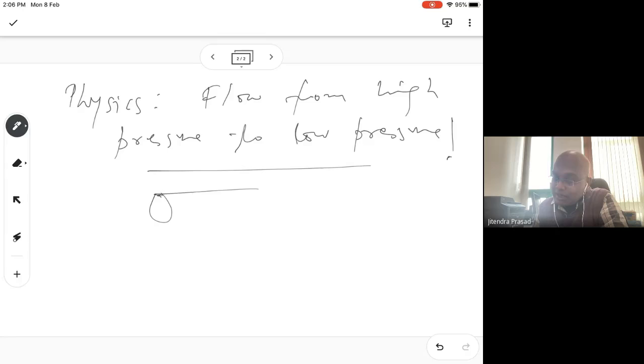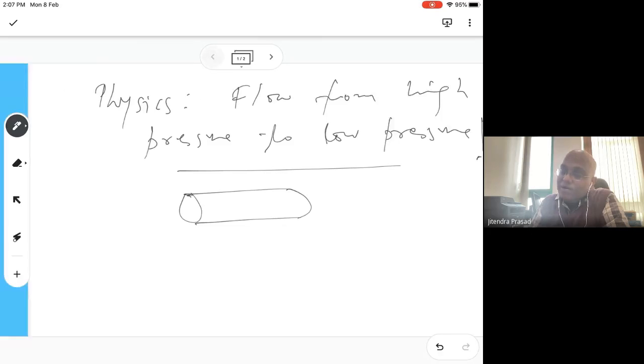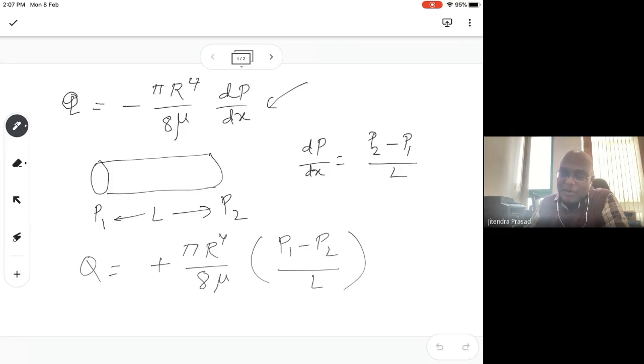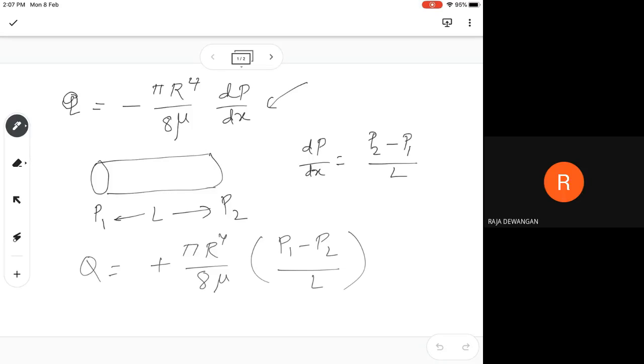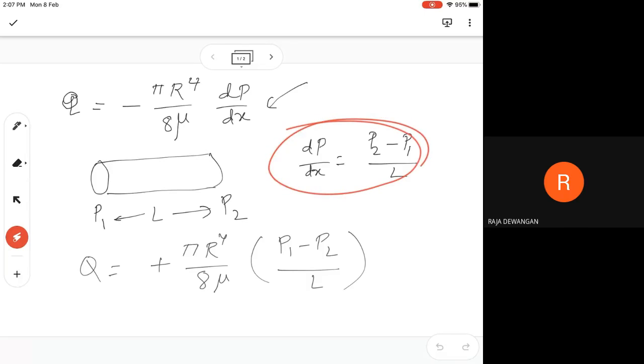Sir, the problem is that in the lecture you left out the L. But here you mention P divided by L. In the lecture, there was no L. Okay, so there may be some mistake there. I will check it and accordingly mention it somewhere. Yes, there may be some mistake, but you understand the meaning of this.